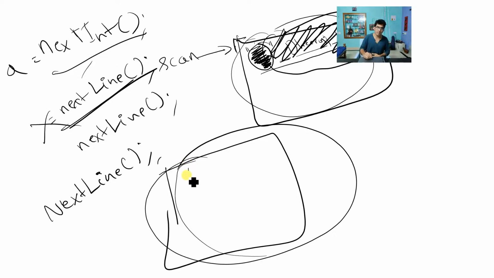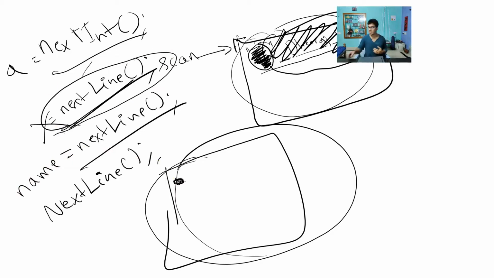Now it is waiting for you to enter one string. You entered one string, Dheeraj Kumar. Now what will happen, since you are telling next line? The complete string from here, along with the empty string, will again be cleared. But this time, I am giving it to a variable called name. That's it. As you can see, we have to use one dummy next line. Why? Because I want to take the empty string but not paste it anywhere.